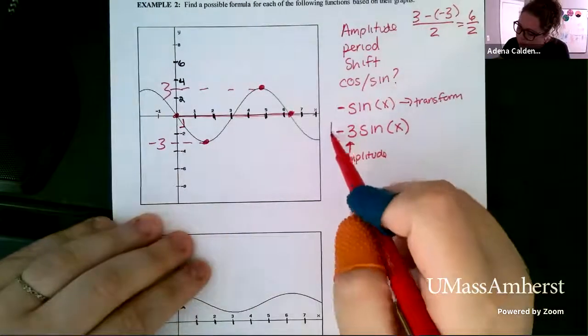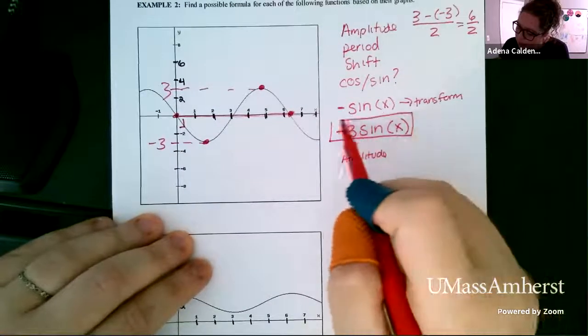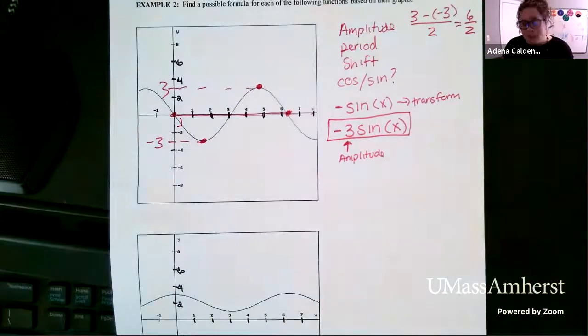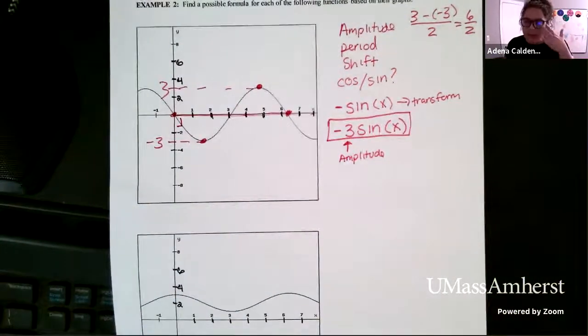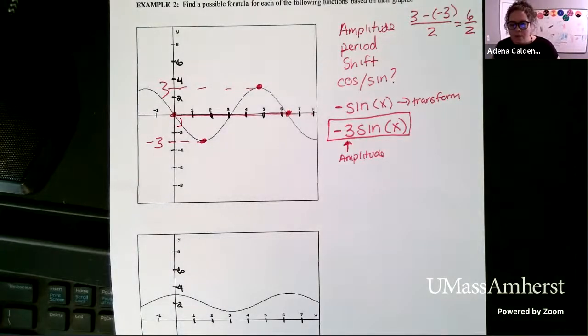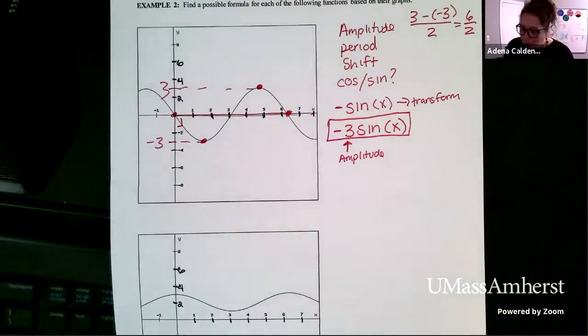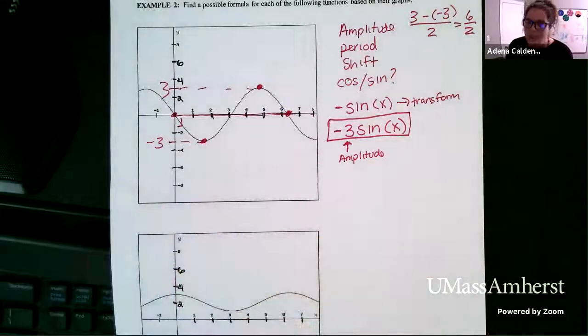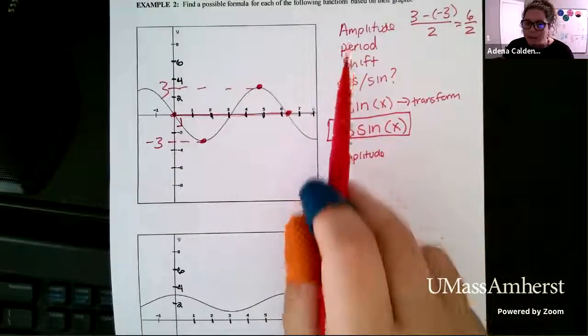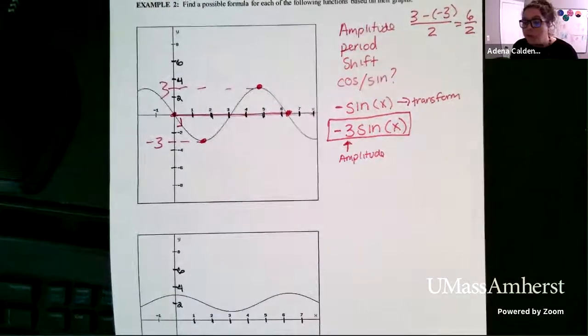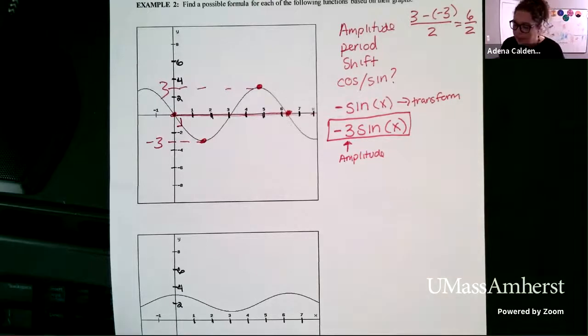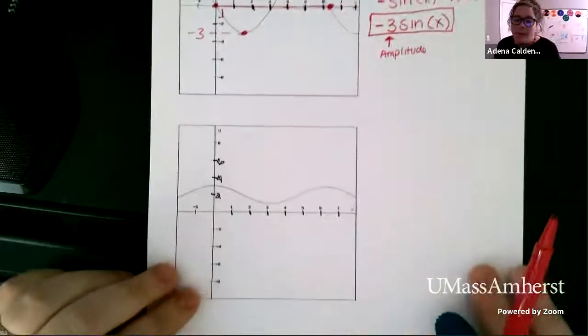So this particular function here, right, is -3 sine x. Now, these are tricky to do at first. You definitely get used to them over time, but we can check our answer. If you put this on a graphing calculator, you should see this picture. If you don't, then you probably missed something along the way. So it's a really good way to check your work. Okay, so I'm going to have you try the next one.